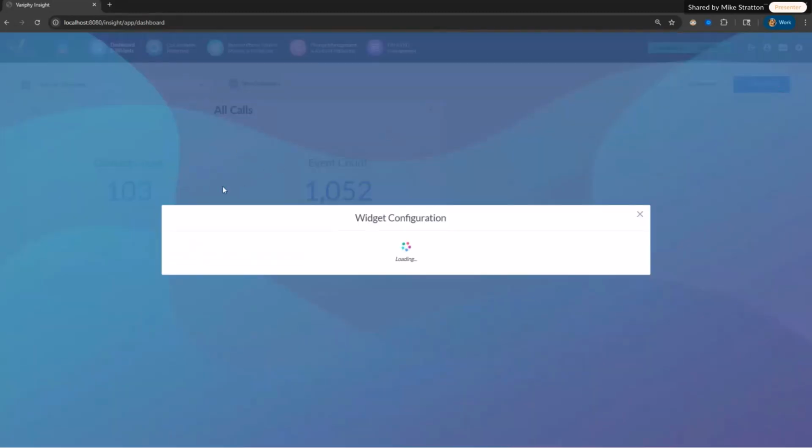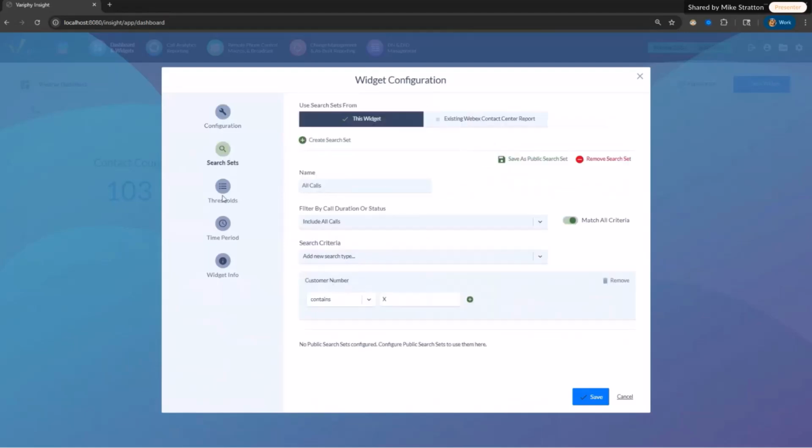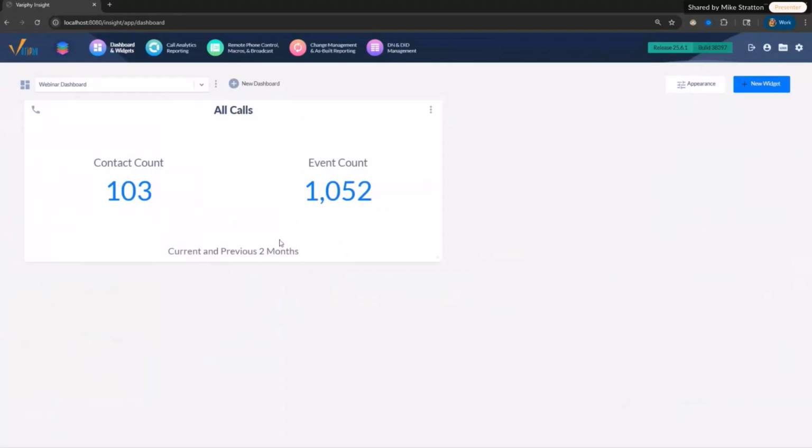If I edit my widget, you'll see my search set. I'm just looking for anything with a customer number. There's nothing fancy in the back end, and people will ask, what do these mean? How many calls were there? The brilliance and some of the messiness of Webex Contact Center data is that there's a lot of it. And so Webex gives us